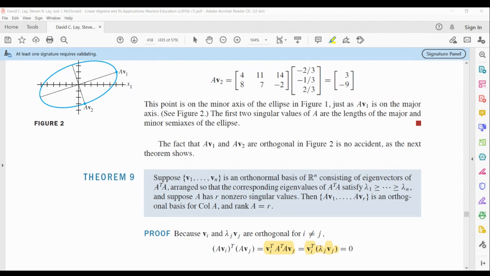Okay. Now, in fact, there'll also be a basis for the column space of A, because if you think about Av1, the vector Av1, A times the vector v1, is really just a linear combination of the column vectors of A, right? When you take a matrix and multiply it by a vector, the components of the vector are really, in other words, what I'm trying to say is this: if you take A times v,